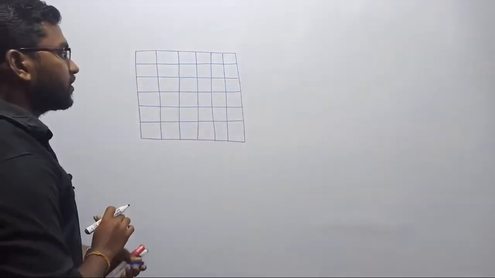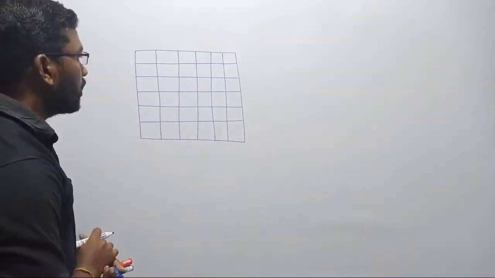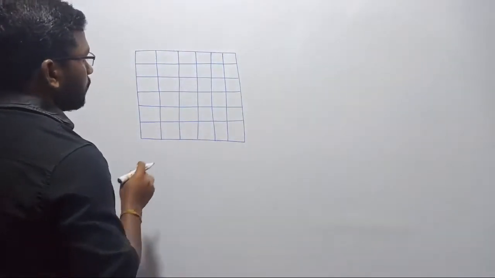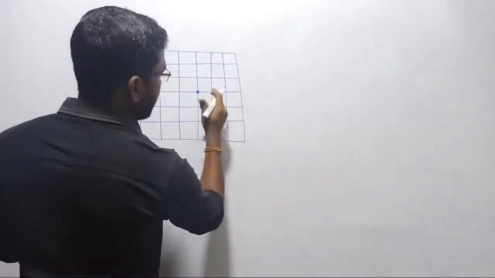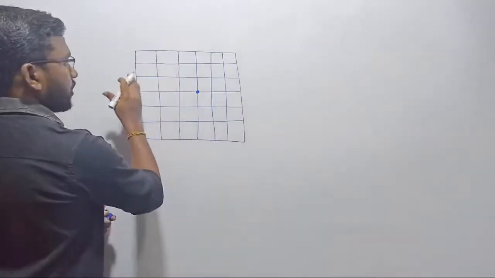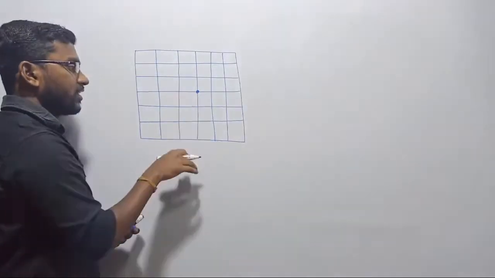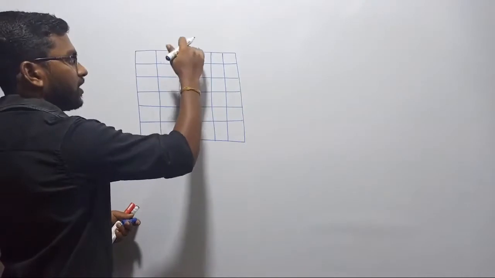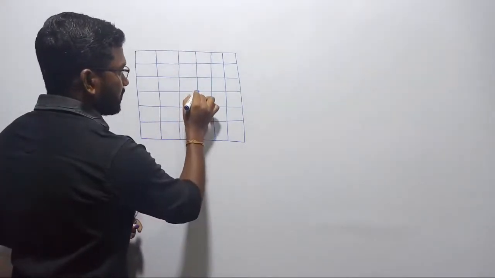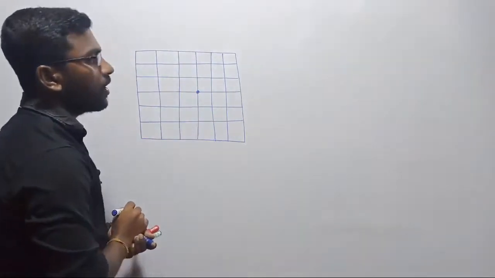Let us assume this is the screen of your CRO. Please find the center point. The center point is where? This is our center point. I hope I am correct. On the right side we have 3 vertical lines, and on the left side also 3 vertical lines. Similarly, horizontally, after this dot we have 3 horizontal lines, and in the upward direction also 3 horizontal lines. So exactly this is the center point, and we can say that is our origin.